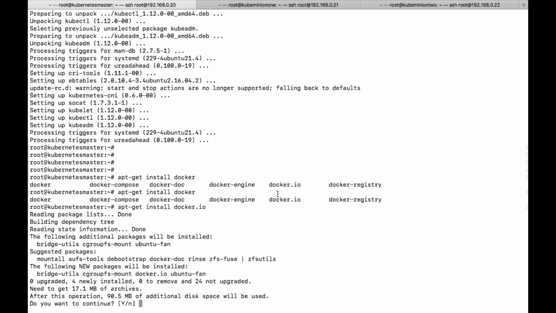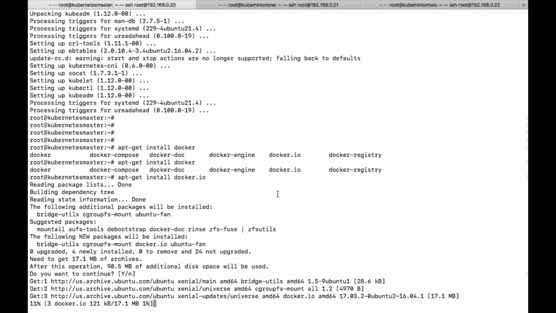So it is installing 17.03, which is supported by Kubernetes.